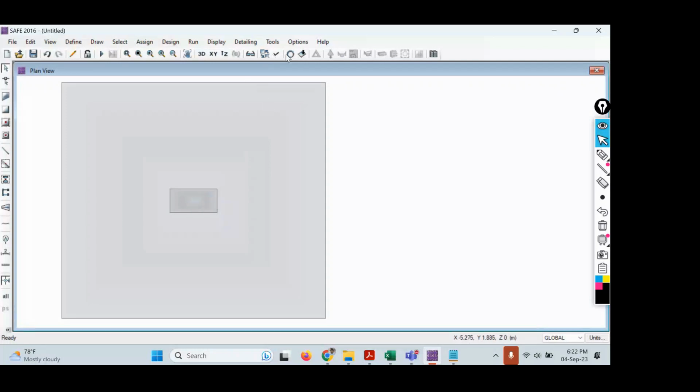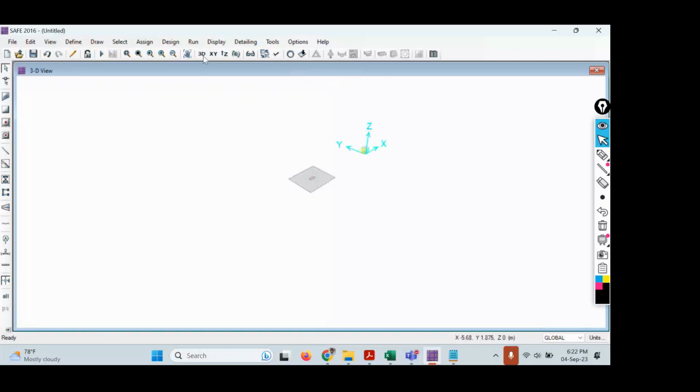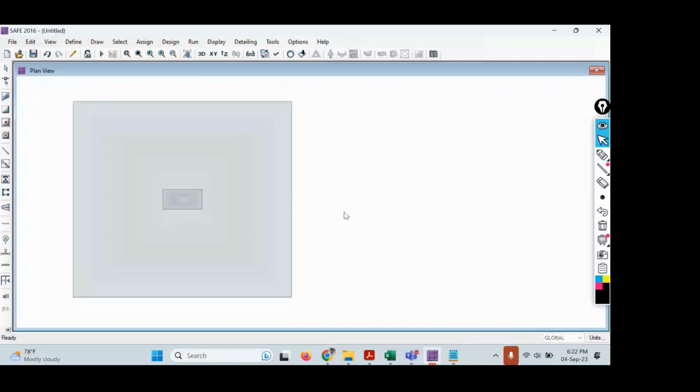Right. So if you go to 3D view also, you can see this one. Okay, this is the stiff area. So now let us assign the load inside the center of the column. Remember, the bigger square is actually the footing, and this is actually the column, or stiff area, right? So now let us